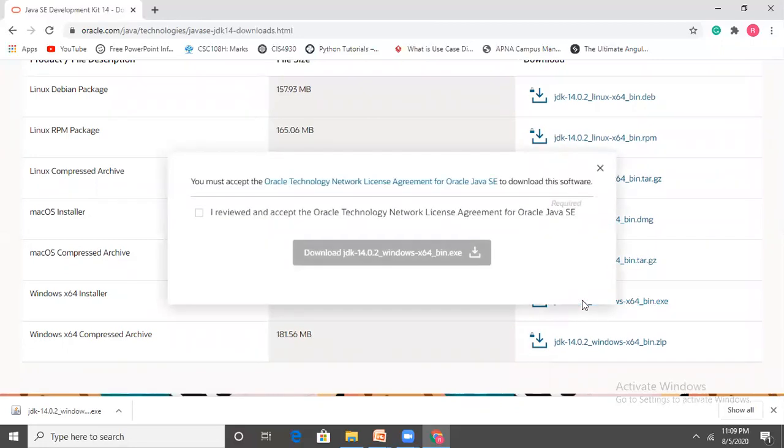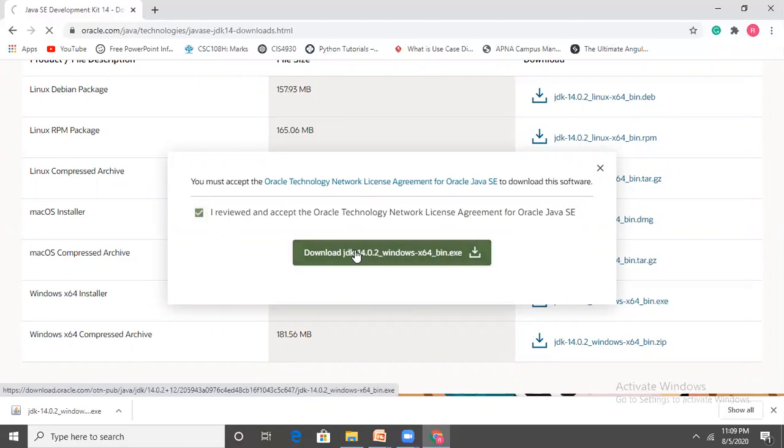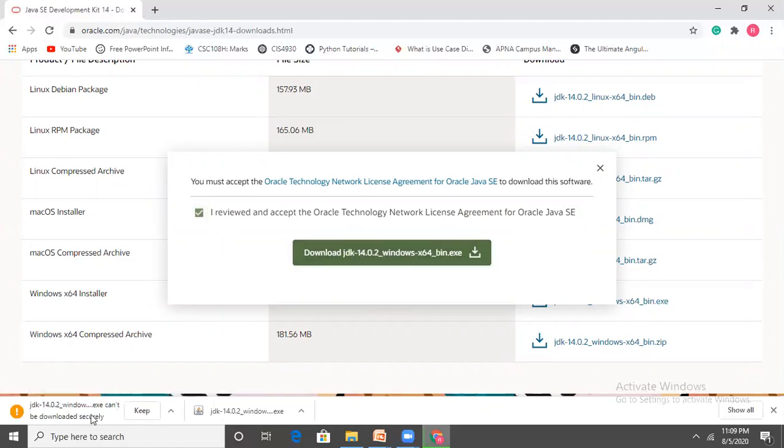Click on it. It will ask you for a license agreement. Tick the checkbox and click on download. Since I already have an installer, I'm discarding this one.